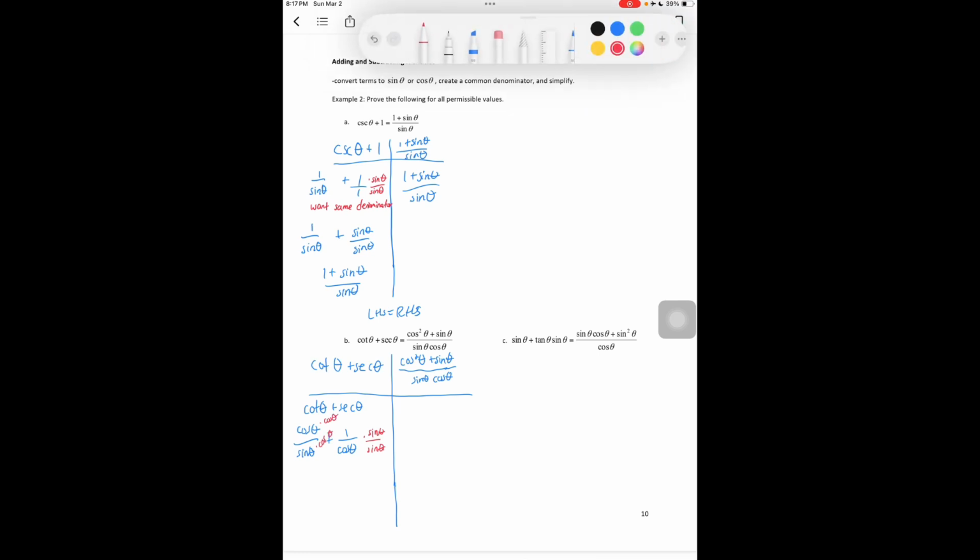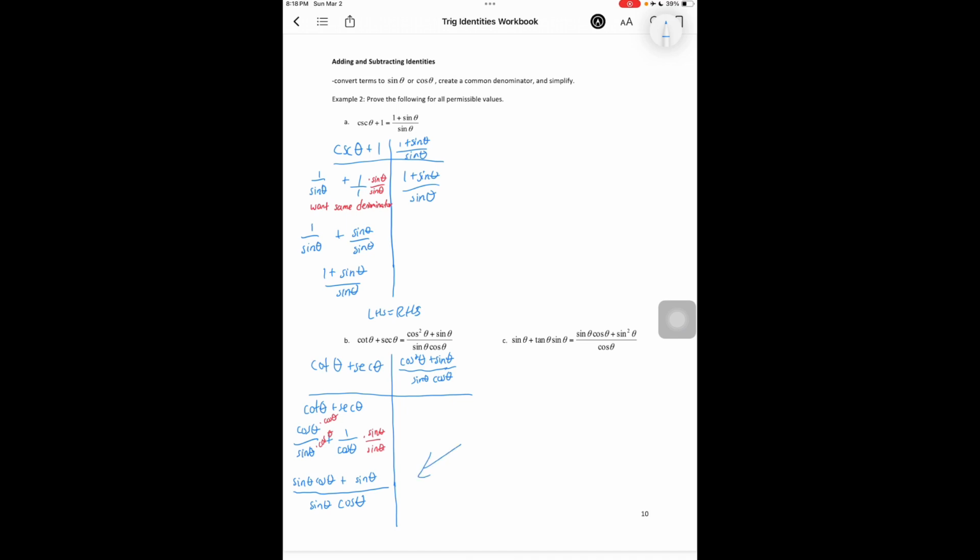times cos theta. So when you multiply this, you're going to get sine theta cos theta plus sine theta all over sine theta times cos theta. So I kind of just skipped a step and I just combined everything into one fraction. But realistically, this is the same thing as, so maybe I'll write it here in case you want to add